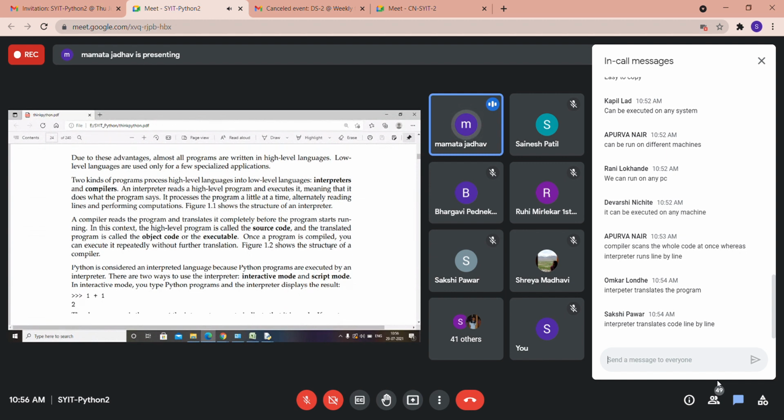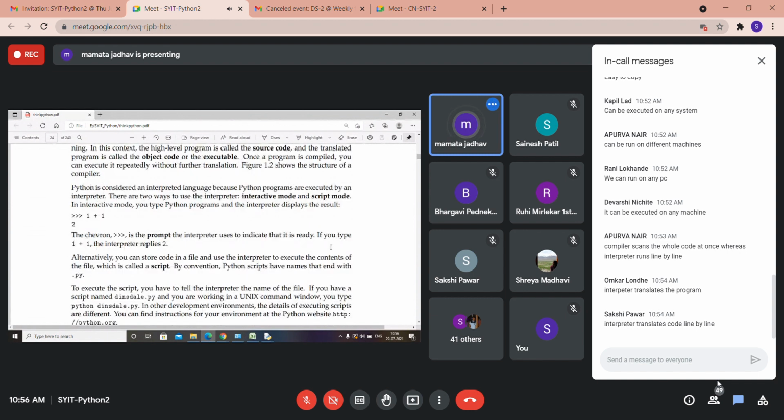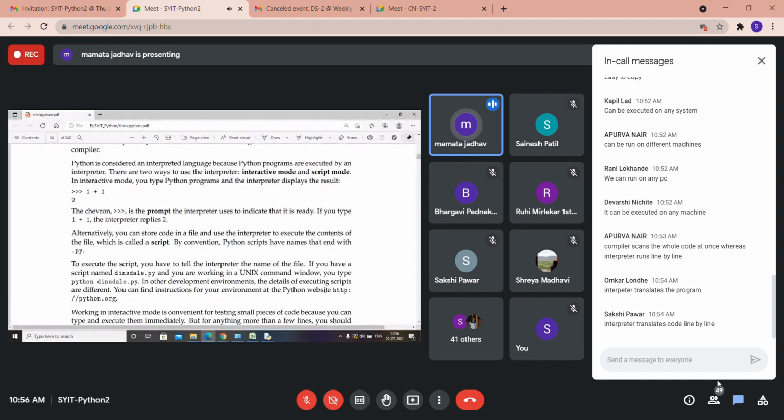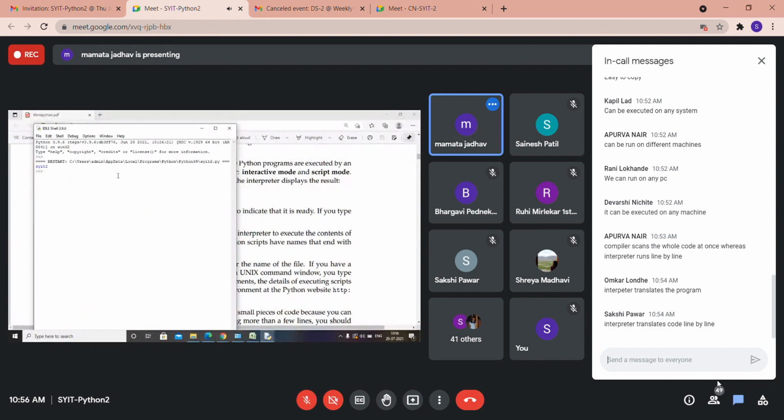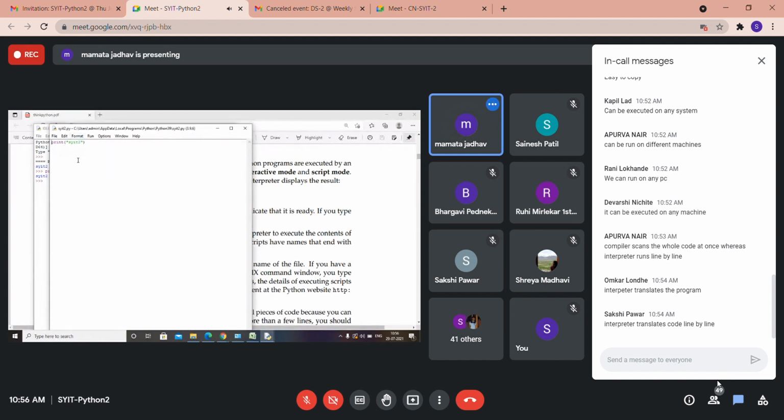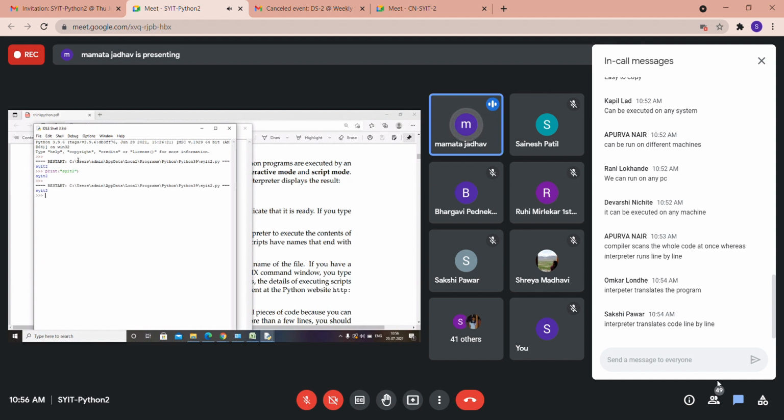Now interactive mode and script mode are explained again. Shubham had a doubt about script mode. Let me tell you, this is interactive mode. You can type anything and immediately you get the output. If you write a program into a file with .py extension, you can rerun the file any number of times to get the same output.